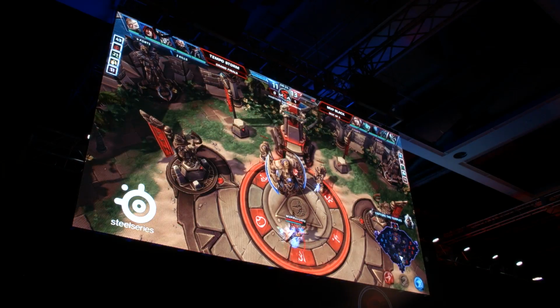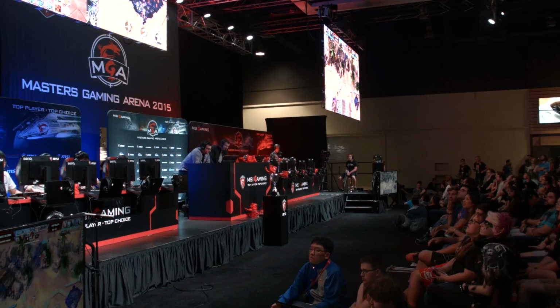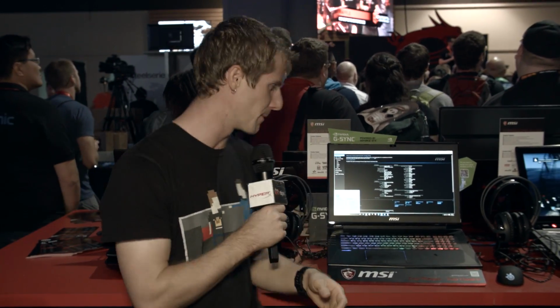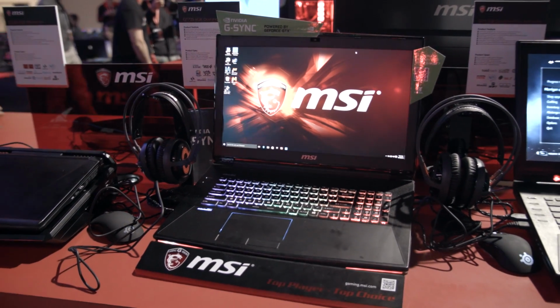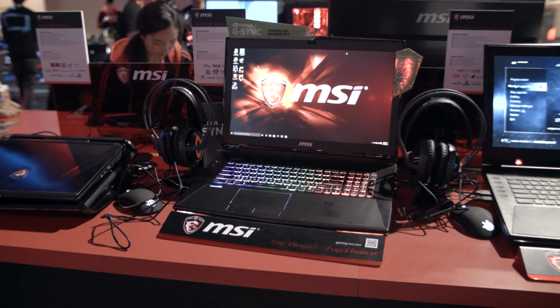But the subject of this video is the technology running the show behind me. So let's have a closer look at the laptops that the gamers up on the stage there are using. Okay, so I promised we'd check out the GE62s that the competitors are using up there, but we got a little distracted on the way because this is the next generation GT72S. It's kind of similar, a little bit bigger, but it has some pretty amazing upgrades over the last